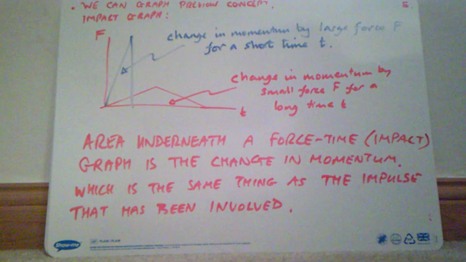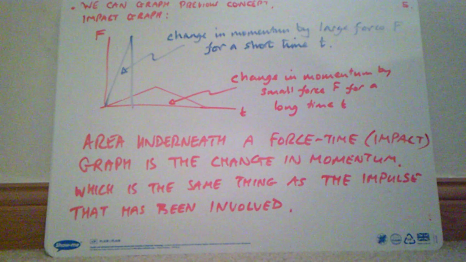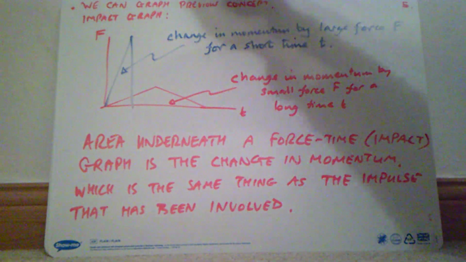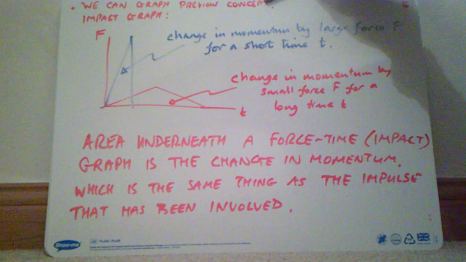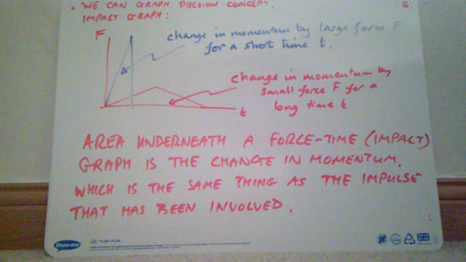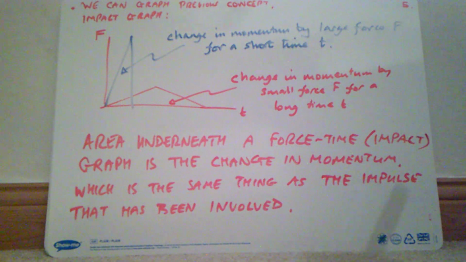There's a third and final way of finding impulse or change in momentum, and this is if we have an impact graph. So we can graph the previous concept. If we have an impact graph of the force which is being applied to an object to change its momentum,